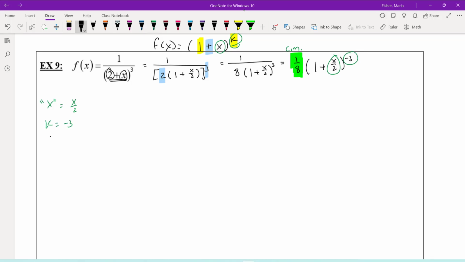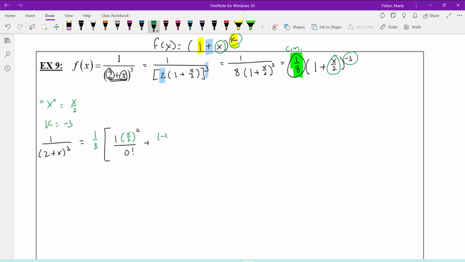So we know that 1 over (2 plus x) cubed is going to equal, don't forget about your constant multiplier, 1/8. And then let's build it out. So I'm going to open a bracket so we can start listing out those numbers. Remember, it's always going to be 1, and then that's going to be times x to the 0 over 0 factorial, and then it's plus